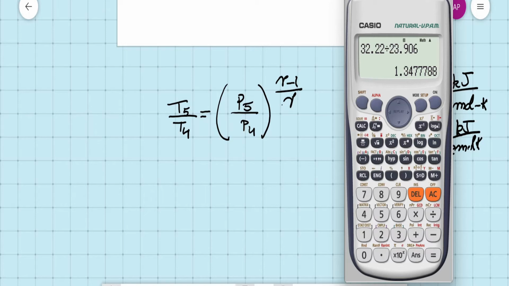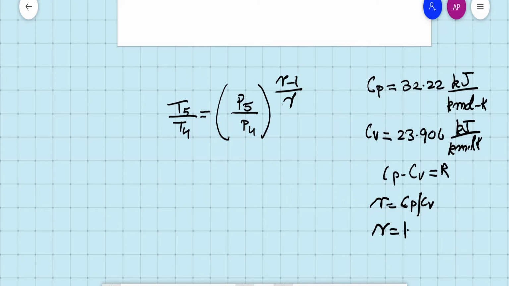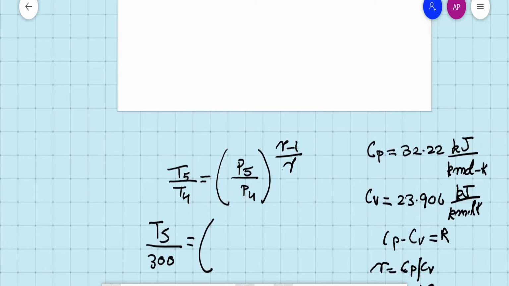So we can take it as 1.348. So gamma is 1.348. Therefore, T5 over T4, which is 300 Kelvin, is going to be equal to P5, which is nothing but